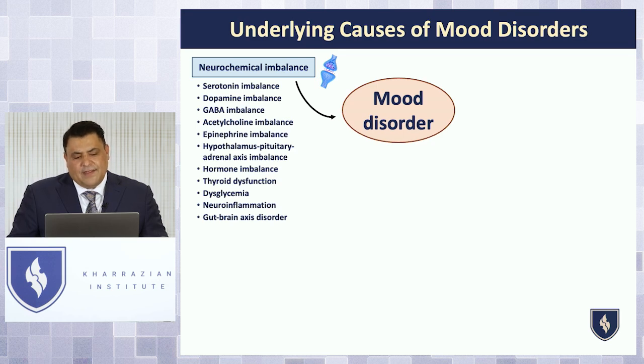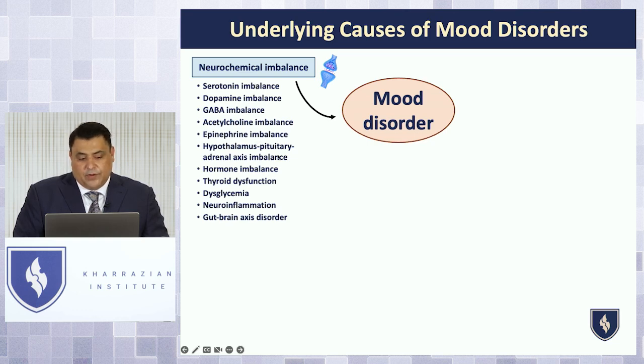And I use the word imbalance because it's not necessarily a deficiency. A better way to really think of it is there's inefficient serotonergic transmission. There's inefficient dopaminergic transmission. There's inefficient GABAergic responses or transmission. Those pathways are impaired. It's not a deficiency of a neurotransmitter. It's more likely that the signaling pathways are altered, or those circuits need greater support for their underlying neurological factors that are there. But neurochemicals definitely have some role to play. But to limit all of depression to them alone is not the issue here, okay?